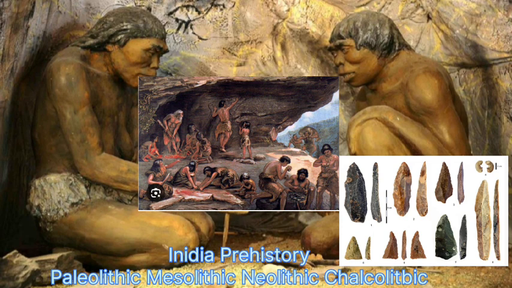Chalcolithic period, Stone Copper Age, 3000 BCE to 500 BCE, first metal use, copper, alongside stone. Proto-urban rural farming, marked by the simultaneous use of stone and copper. It serves as a bridge between Stone Age cultures and the Bronze Age Indus Valley civilization, though many Chalcolithic cultures coexisted with or post-dated the Harappan civilization.